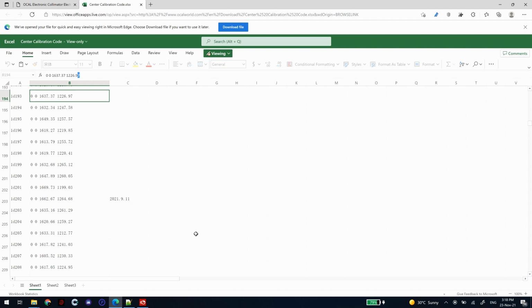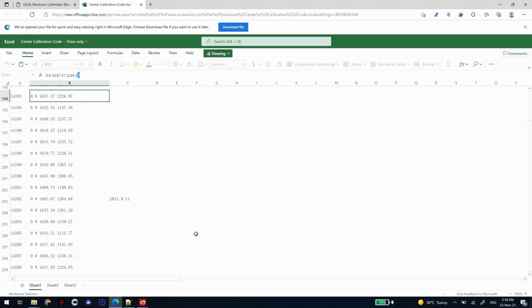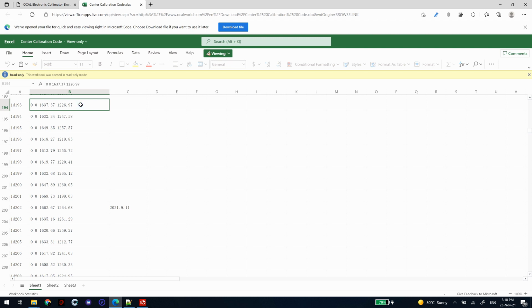What you would do is look at the serial number on the side of the box. It's also laser etched onto the back of your camera. And you would look at that serial number and search for it on this column in the Excel sheet. These are the numbers you need. So this is how far it is from the mechanical center of the camera for the position of the sensor. So we would copy these numbers,